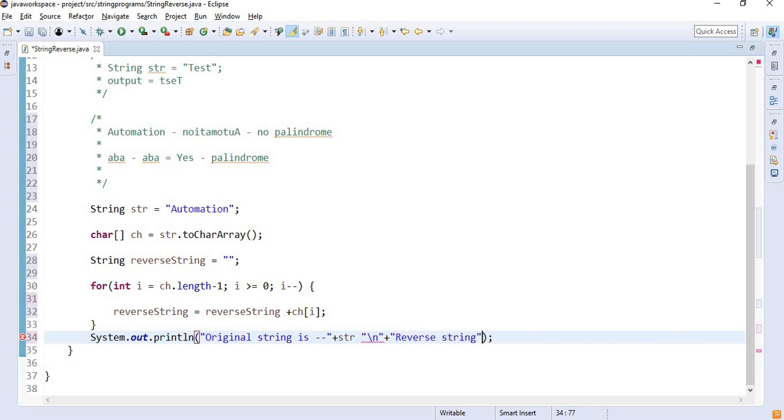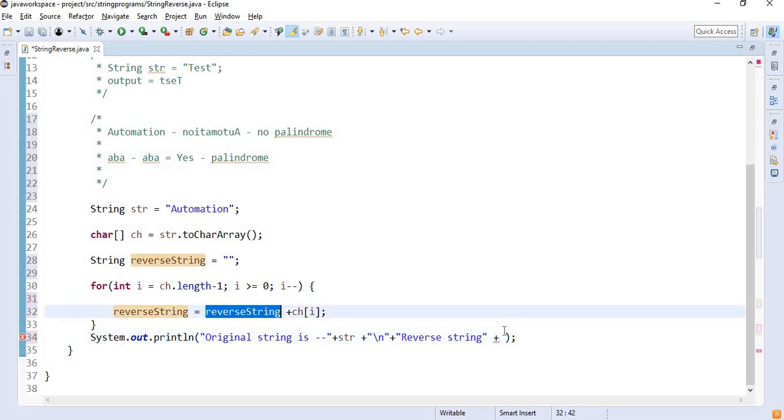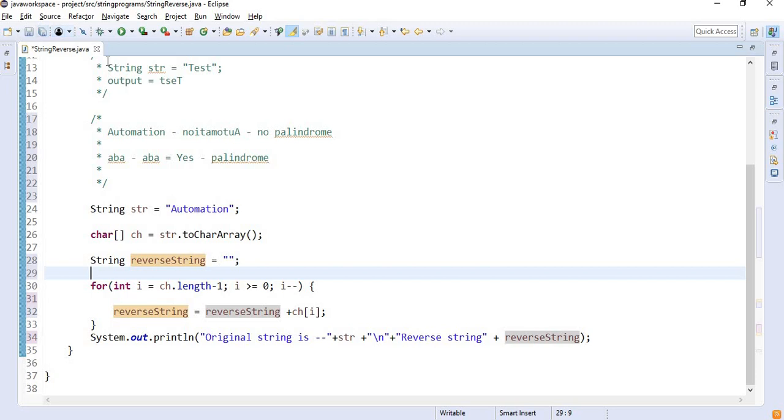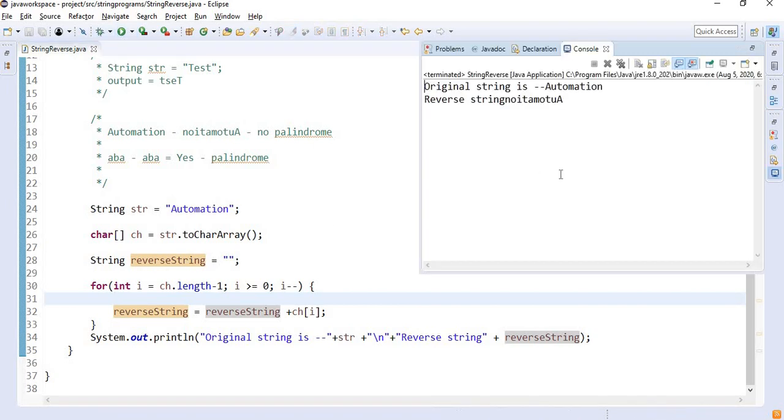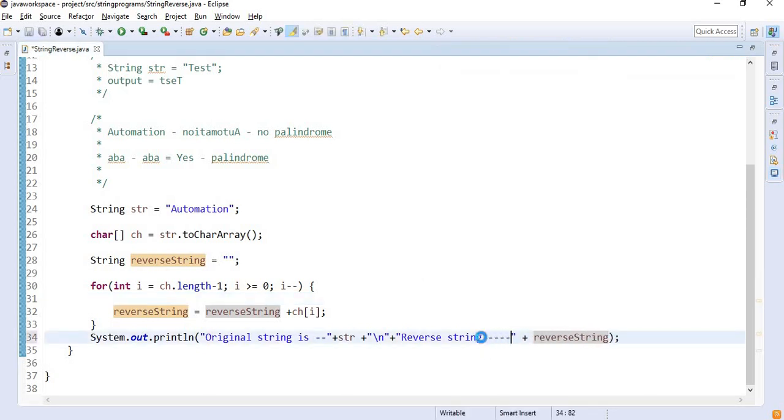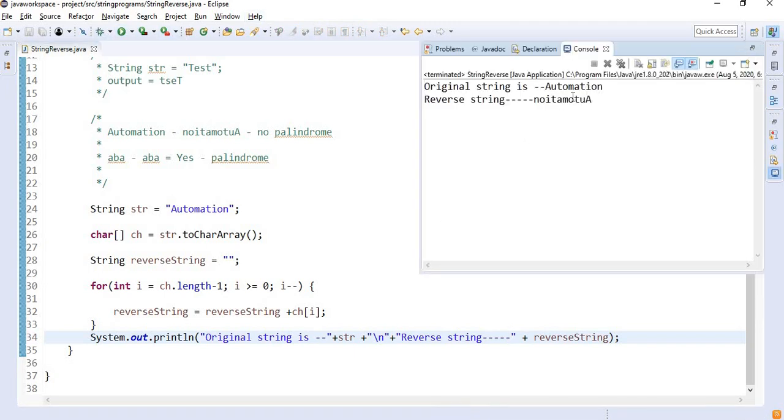The reverse string is this. Alright, let's run and see if it is still reversing the string. I am running this code. See, the original string is this and the reverse string is the exact reverse of it.